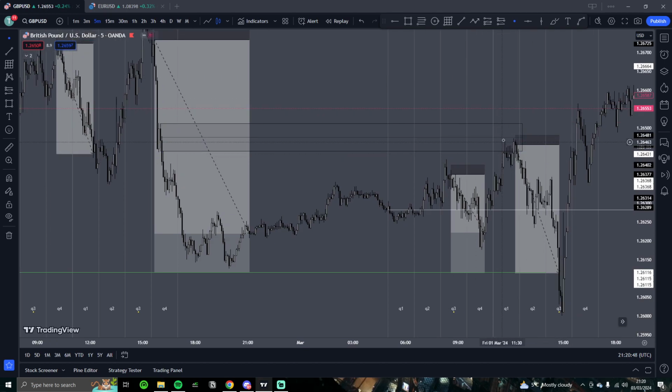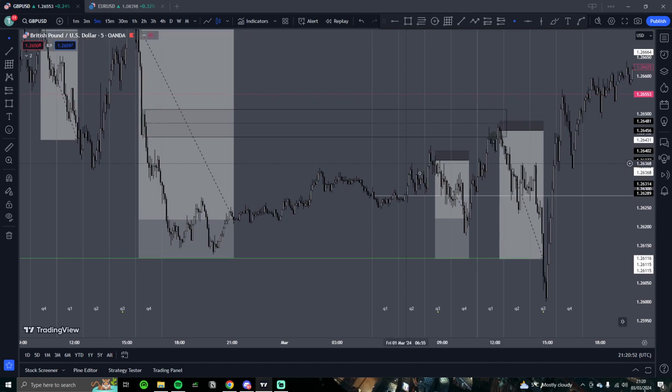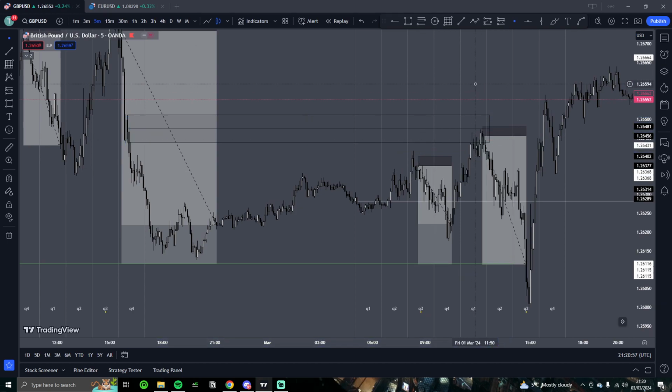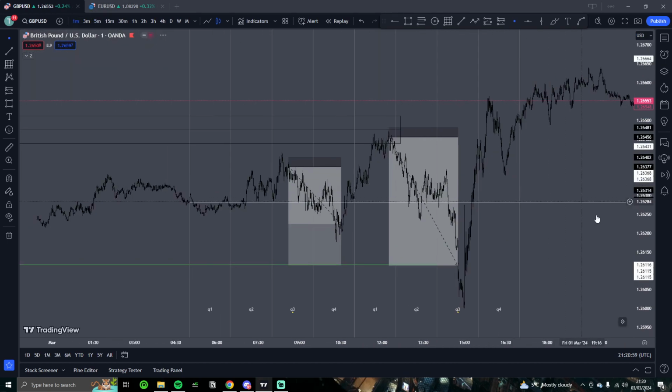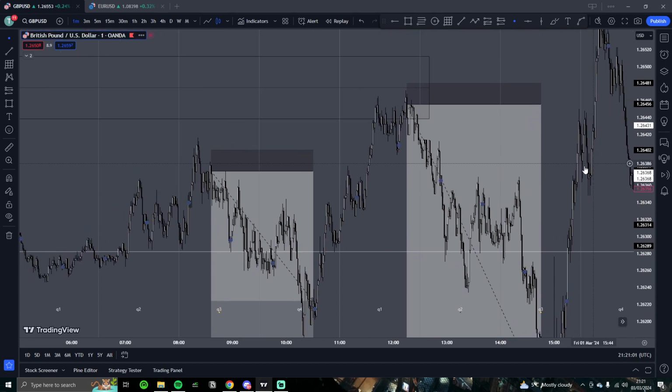I'll give you guys this entry, as in I'll explain this entry from this day. However, if I was actually using zones on this day that I was trading, definitely would not have taken this. I would have taken this 100%. But as far as it comes to entries on this one, to put it simply,